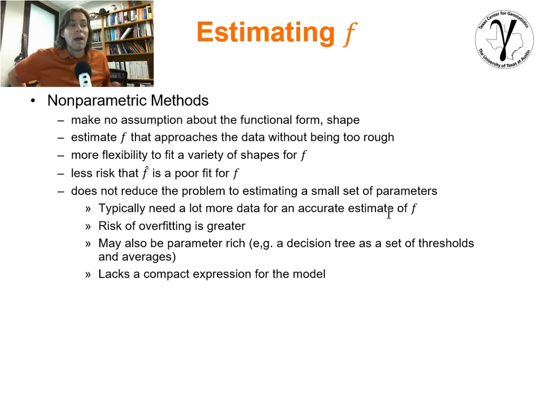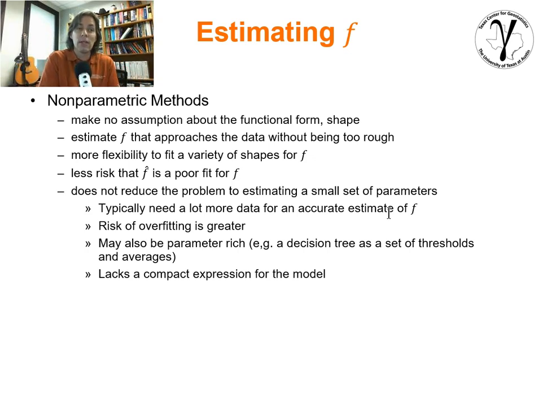In fact, I would suggest that nonparametric is really parameter rich from the standpoint that if you think about a decision tree, that's a nonparametric method, and we'll get into that in 2 lectures from now. That method really can be parameterized by a bunch of hierarchical binary segmentations that could be described as what's the order, what's the segmentation, and what's the average on each one of those nodes going forward.